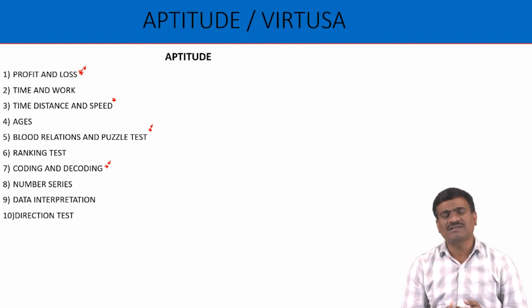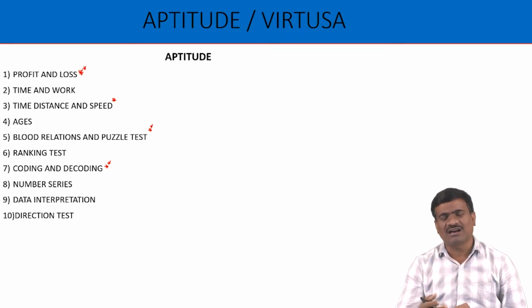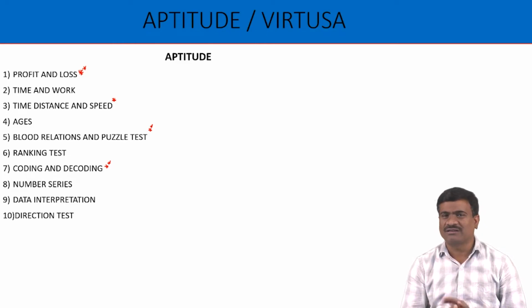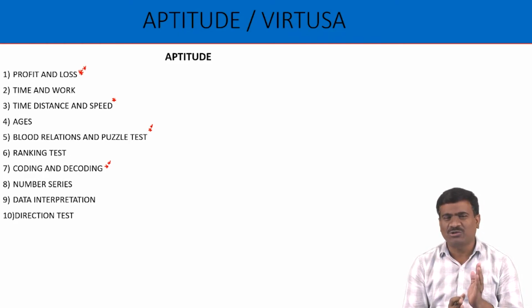Next, blood relations or puzzle test. Family-related examples or seating arrangement concepts belong to the puzzle test. Next, ranking test, where left and right directions are the only important thing. Next, coding and decoding using alphabetical letters in English. Next, number series: find the next number, find the classification, or find the